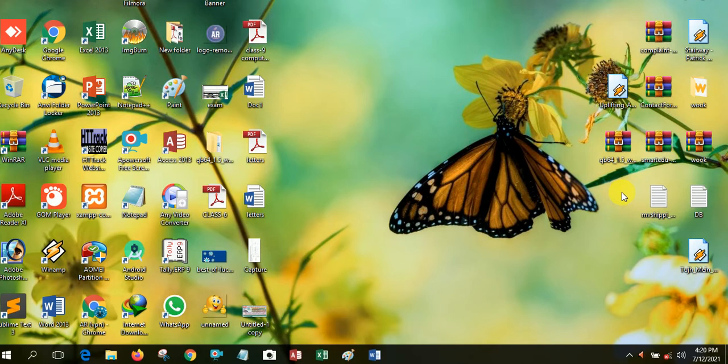So next is Windows Media Center. Windows Media Center is important for your computer system. Windows Media Center is the same type of thing as YouTube. We already know YouTube, and everyone watches TV shows, videos, audios on YouTube. So the same type of thing as YouTube is Windows Media Center.